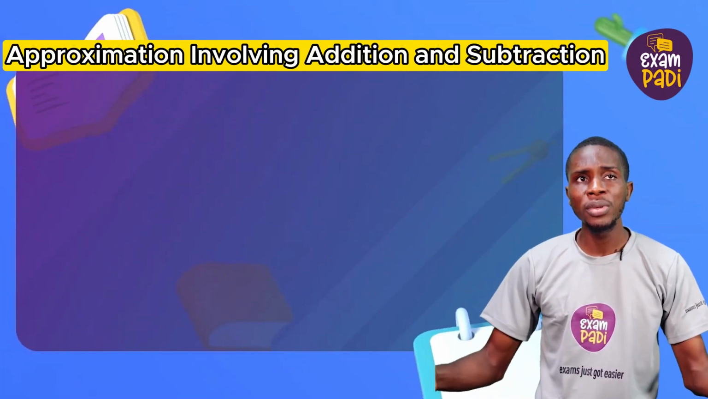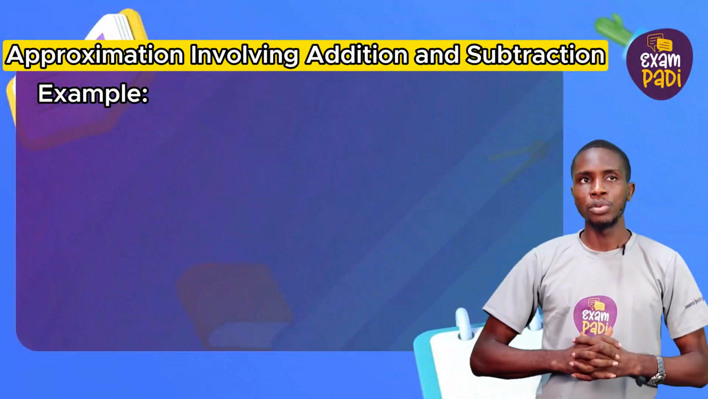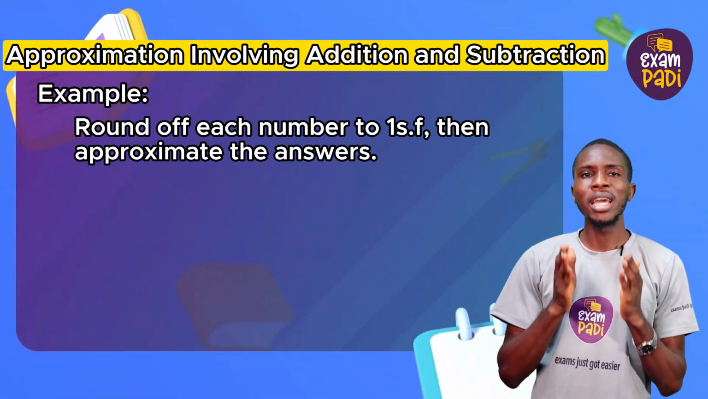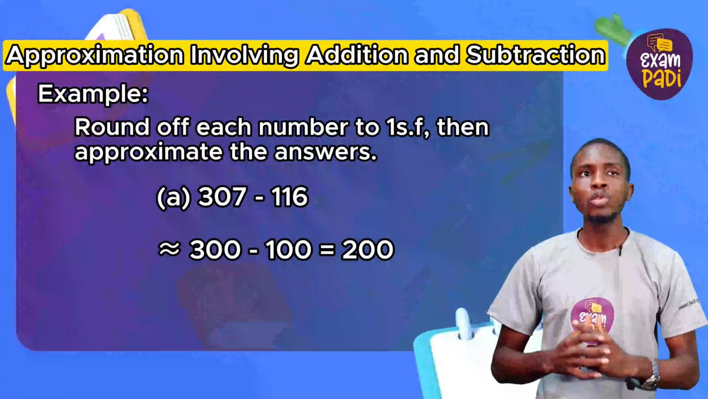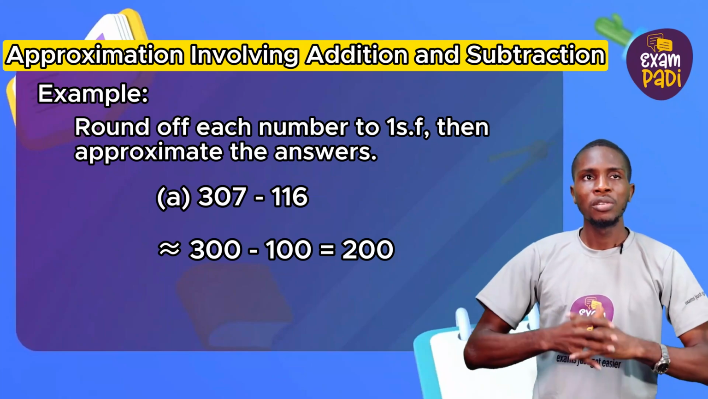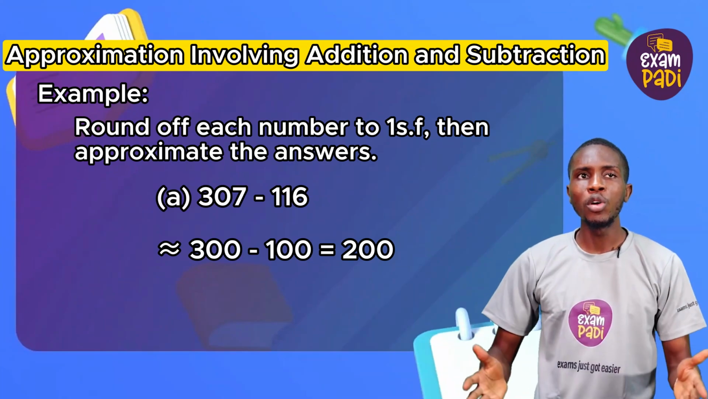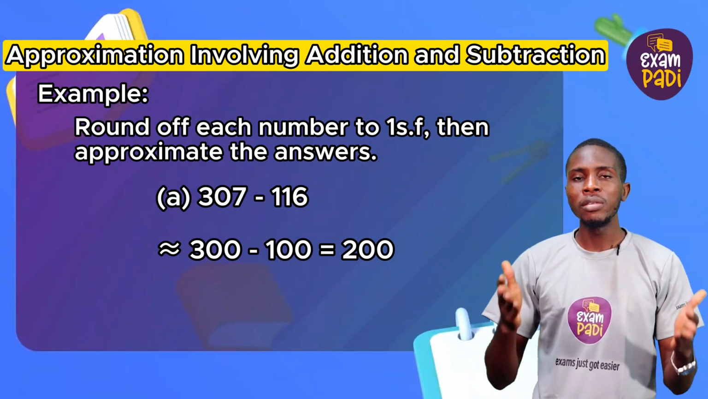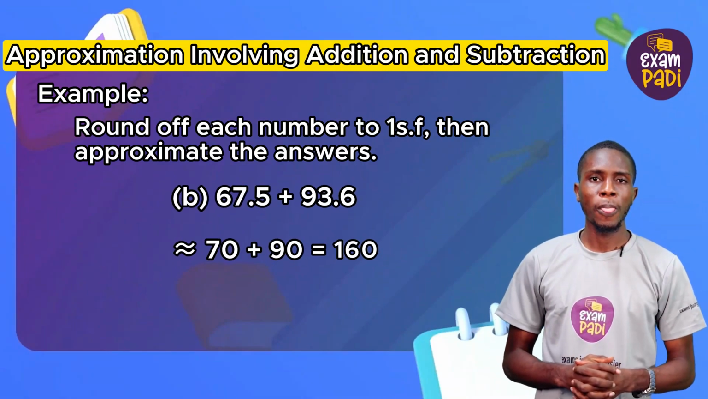Let's discuss approximation involving addition and subtraction. For example, round off each number to 1 significant figure, then approximate the answer. A, 307 minus 116. Rounding off 307 would give us 300, and rounding off 116 will give us 100. Therefore, we have 300 minus 100, and that gives us 200. B,